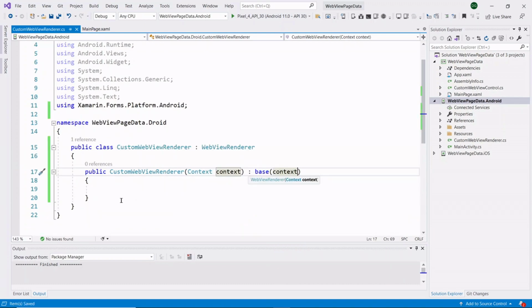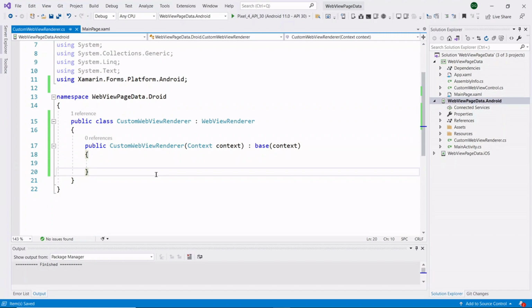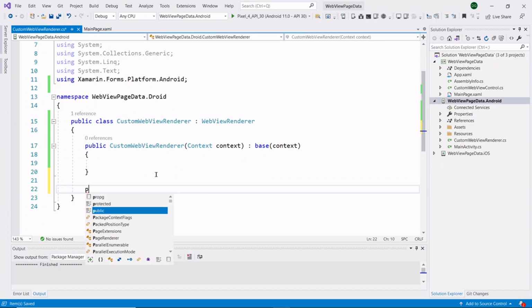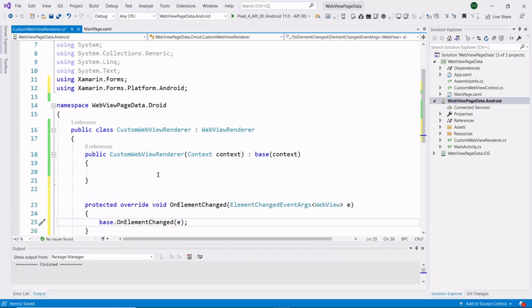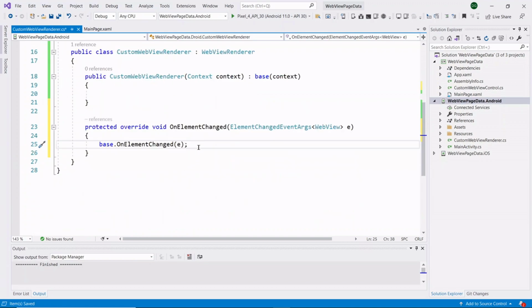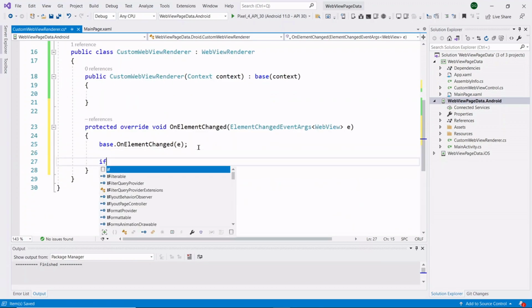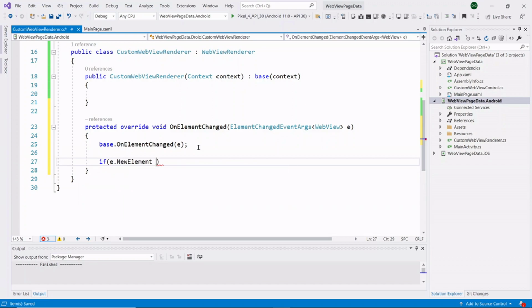Now the warning is removed. Our next step is we have to write the OnElementChanged override method and we have to set the WebView client to our control. So here I am writing the OnElementChanged override method. Inside that OnElementChanged override method, I am checking the condition e.NewElement not equal to null.